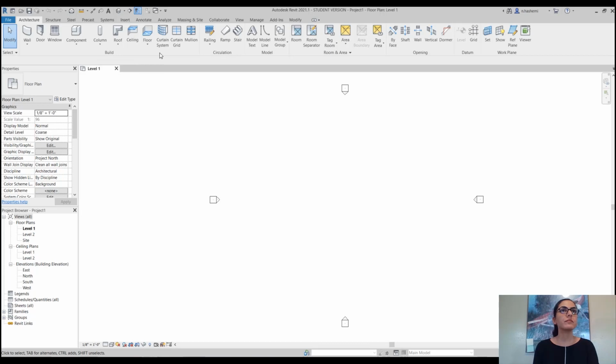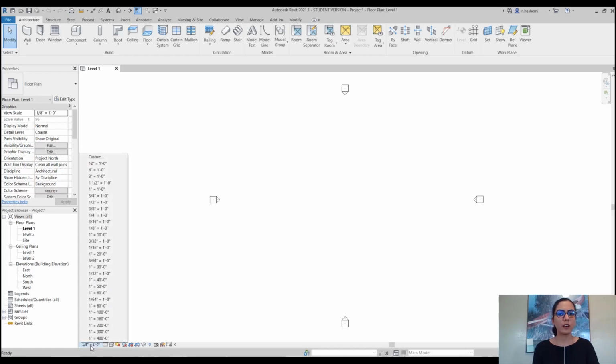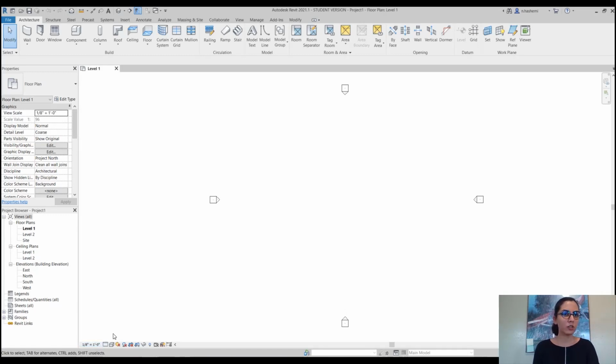And then, what do we have? At the bottom, we have the View Control bar. This is the scale. You can control the scale of your project or view here. We don't need this until we decide to print our project, so we don't need it right now.